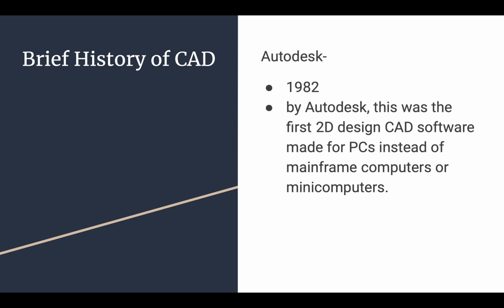All right, if we could fast forward through many other inventions and improvements into the CAD system. In 1982, Autodesk, the company Autodesk, it was the first set of software built where you could draw 2D designs, and they were made for PCs instead of huge mainframe computers or mini computers. All right, this was basically 2D drawing in a much more efficient manner. All right, fast forwarding